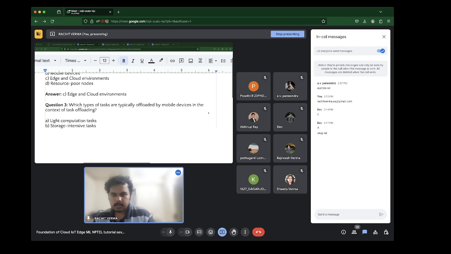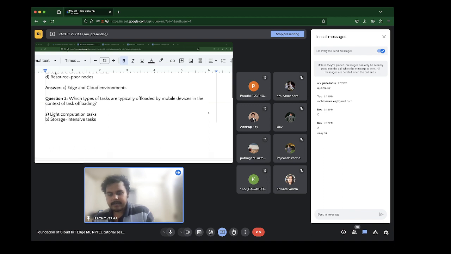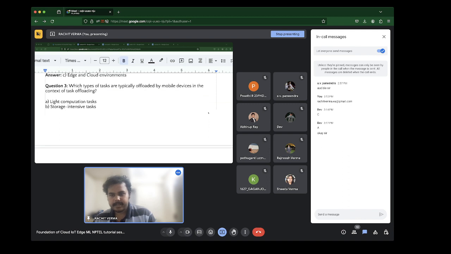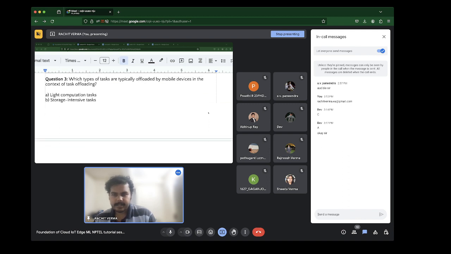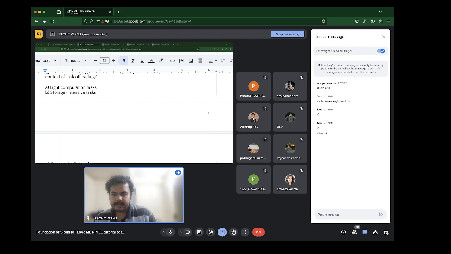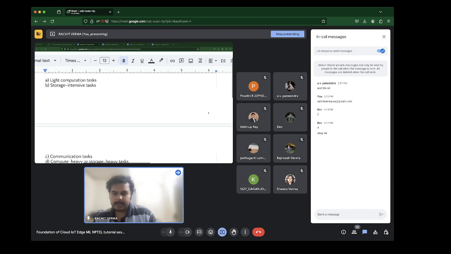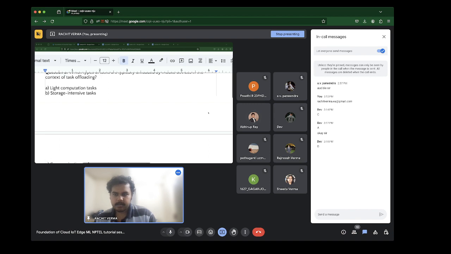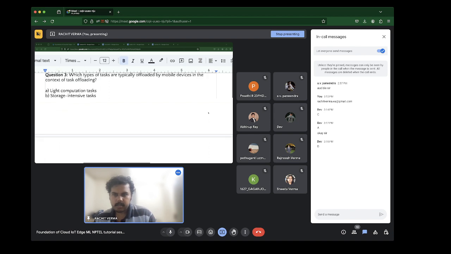So which type of tasks are typically offloaded by mobile devices in the context of task offloading? Is it A, light computation tasks, B, storage intensive tasks, C, communication tasks, or D, compute heavy or storage heavy tasks? So, D. Any other responses? So, which type of tasks are typically offloaded by mobile devices?